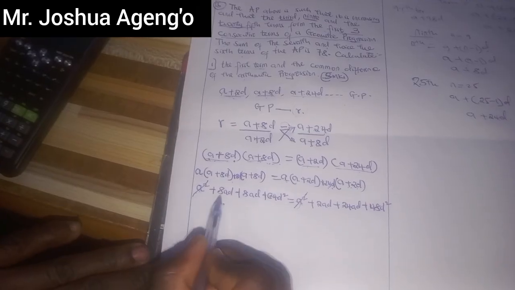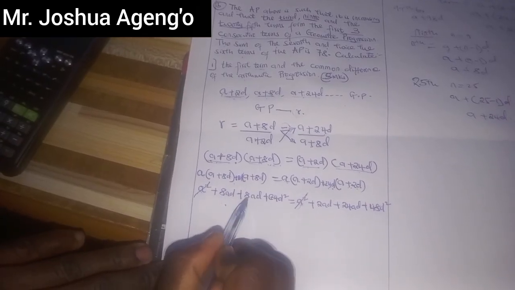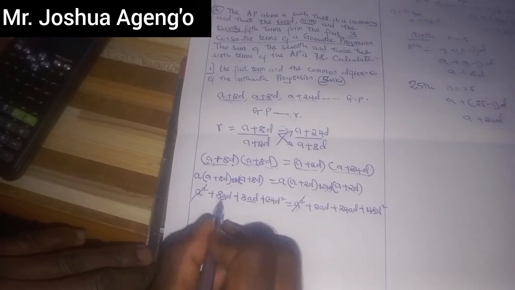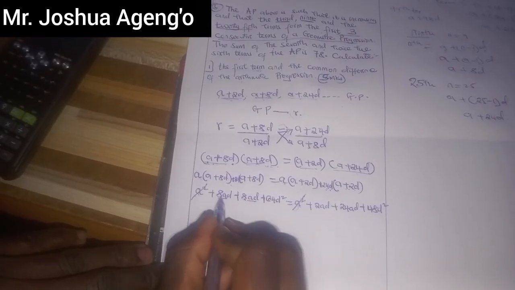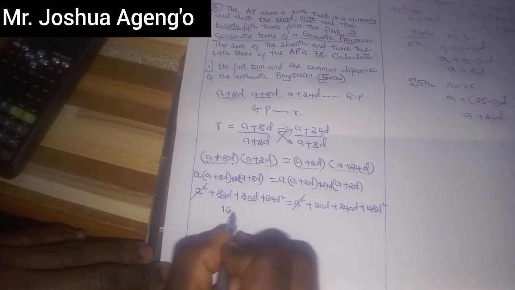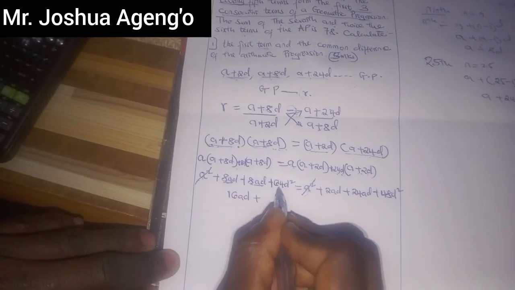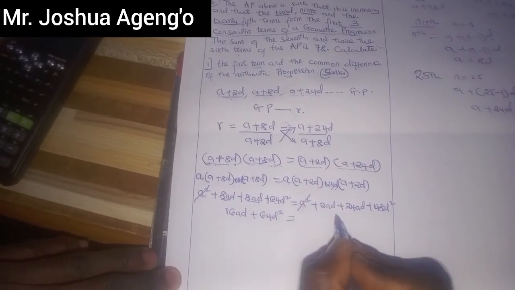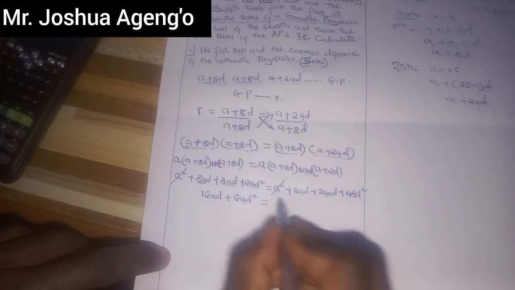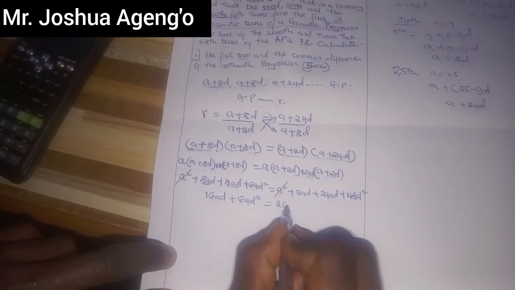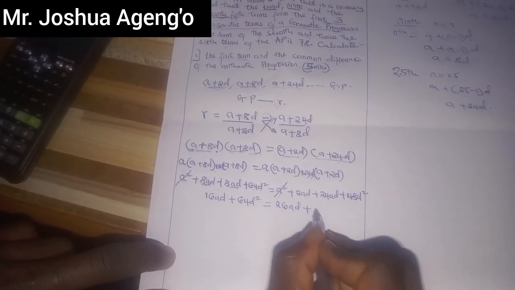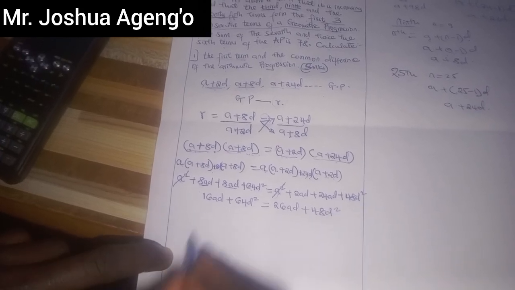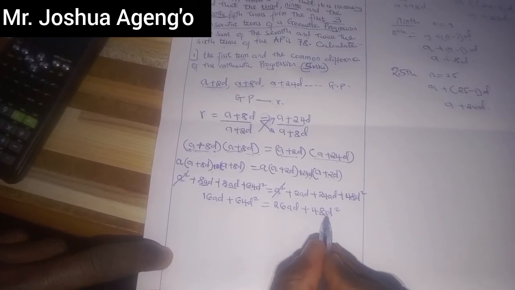Let us proceed. Here we have 8ad plus 8ad. You realize that these and these are the same, ad. So I can add them. 8 plus 8, that is 16ad plus 64d squared is equal to 2ad plus 24ad will be 26ad plus 48d squared. I can further collect the like terms such that I can decide to bring this d squared here